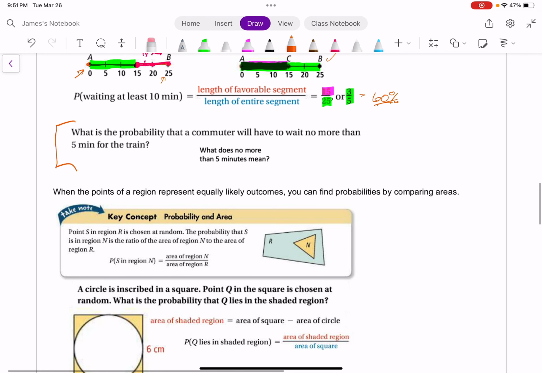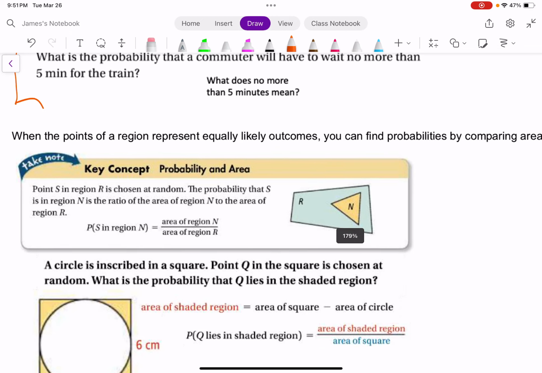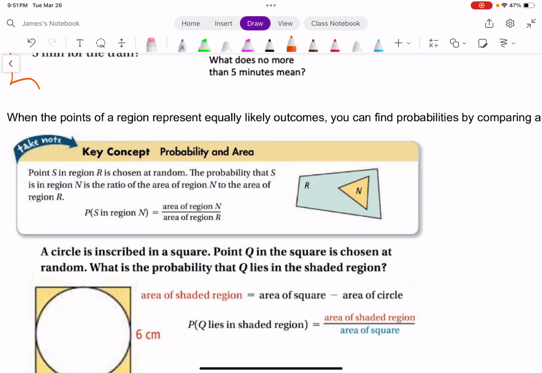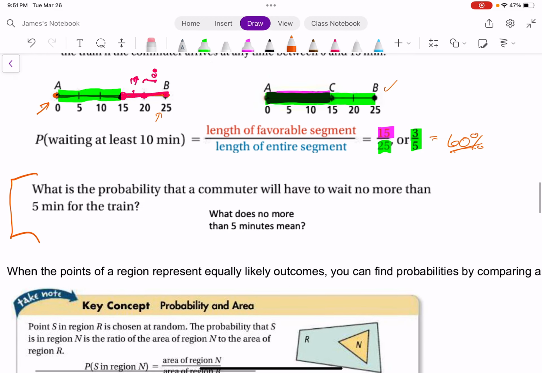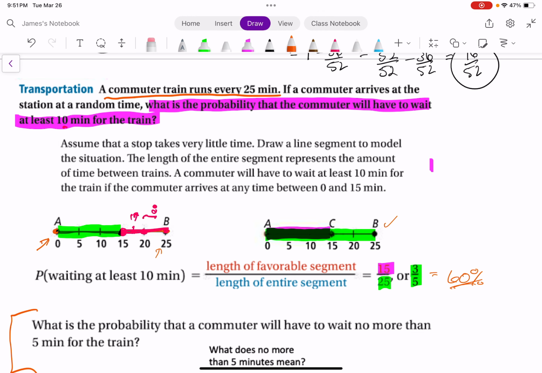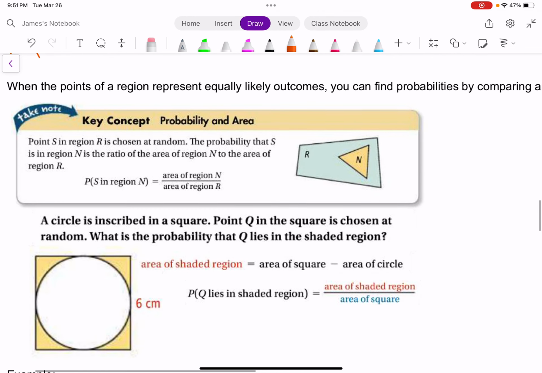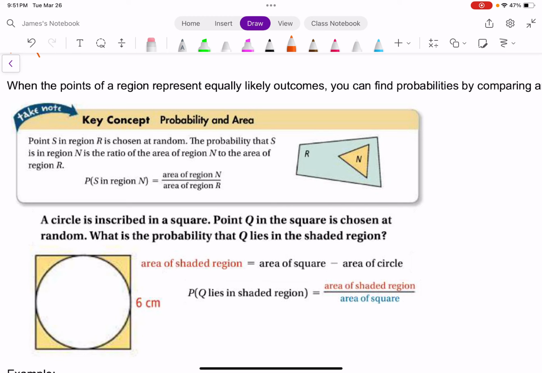It says when the points of a region represent equally likely outcomes, you can find probabilities by comparing areas. You're going to see probably more questions geared towards this concept, especially on maybe the EOC. And we can do this with areas, and we can do it with volumes as well. But basically this idea is,